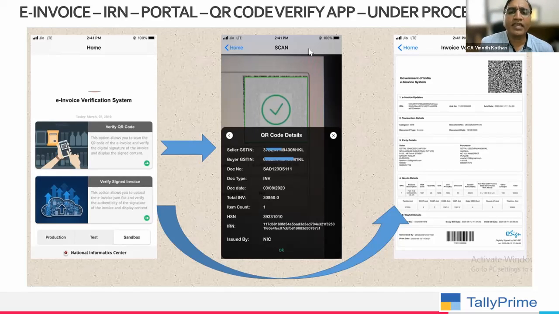Can the existing TallyPrime be integrated with the e-invoice portal? If you are using a version higher than release 2.1, that is above 1.1, then the data can be integrated with e-invoice. It is not necessary that you have to change the data and create a new company. Your existing Tally data can be integrated directly with the e-invoice portal. That method I'm going to show you. If e-invoice is not taken, how to declare? See, till now we don't know what is going to happen.